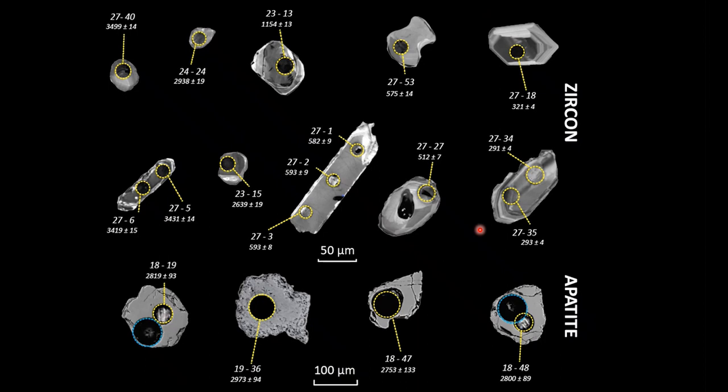So what do our grains look like, and what kind of observations can we make initially? Here we have the top 2 rows contain some representative zircon from the Pilbara study. And the bottom row here contains apatite from the Pilbara sands. And you may notice that older grains here are smaller, lower aspect ratios, highly damaged, rounded. And this is potentially a function of